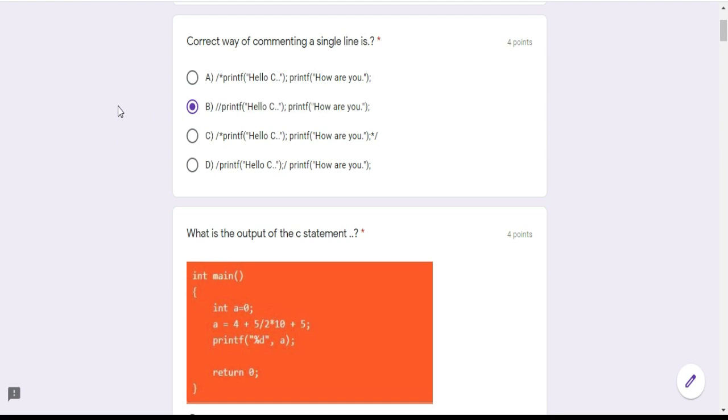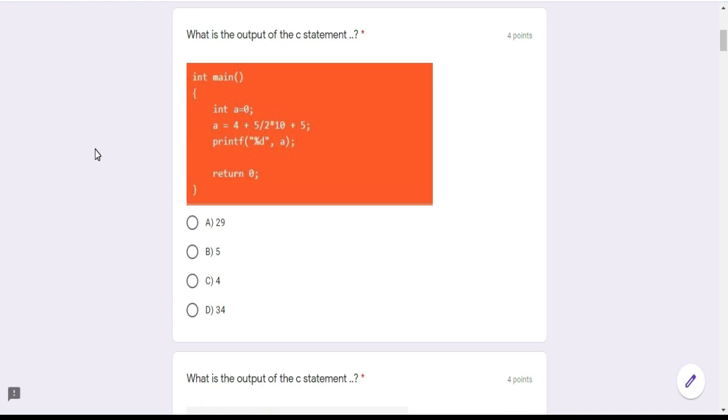And the second question is this C statement: int a equal to 0 and a equal to 4 plus 5 divided by 2 star 10 then plus 5. Actually a is an integer value, so a equal to 4 plus 5 is a normal integer value.